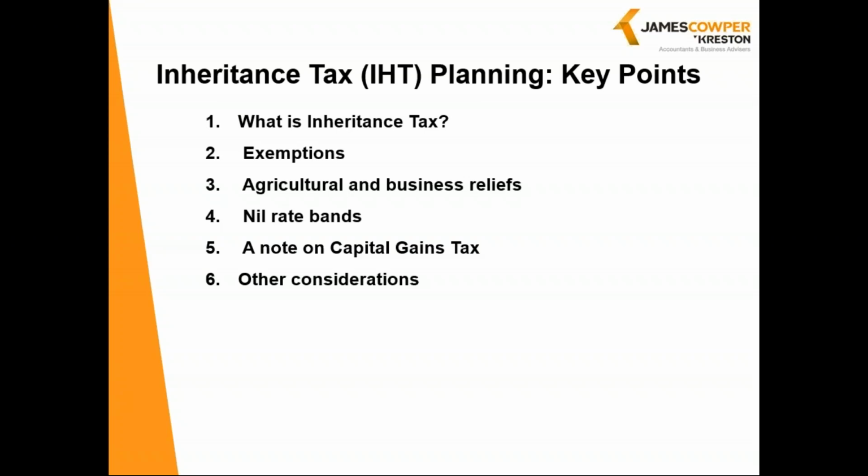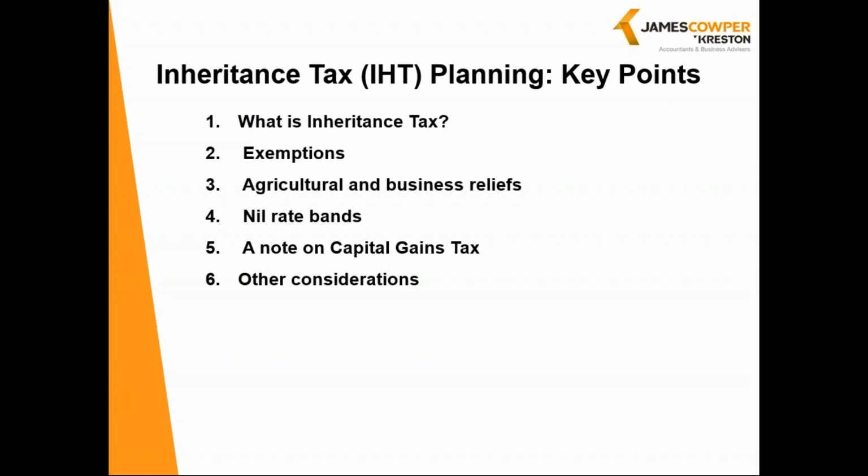Where gifts have been made in lifetime which have not yet become exempt under the 7-year survivorship rule, or are not otherwise exempt, the nil rate band is first allocated against those gifts in chronological order. It is only the remaining nil rate band, if any, that can be set against the estate as it stands at the date of death. Planning early can therefore be really important, especially where appreciating assets are concerned.